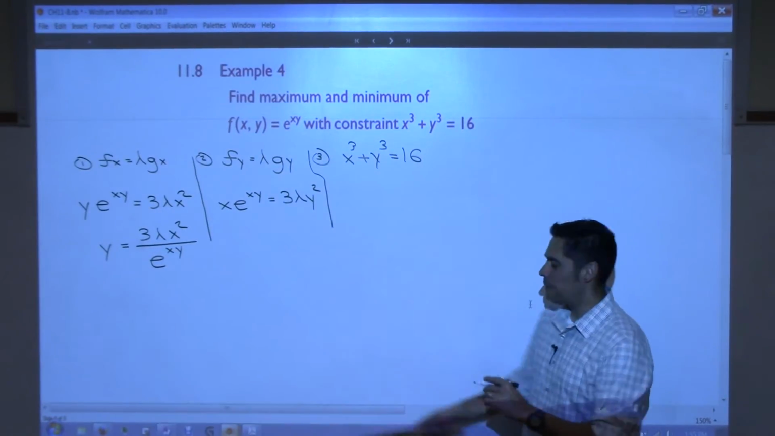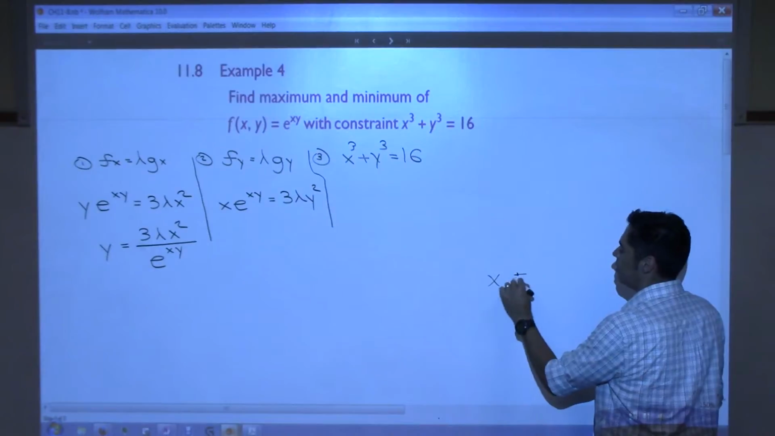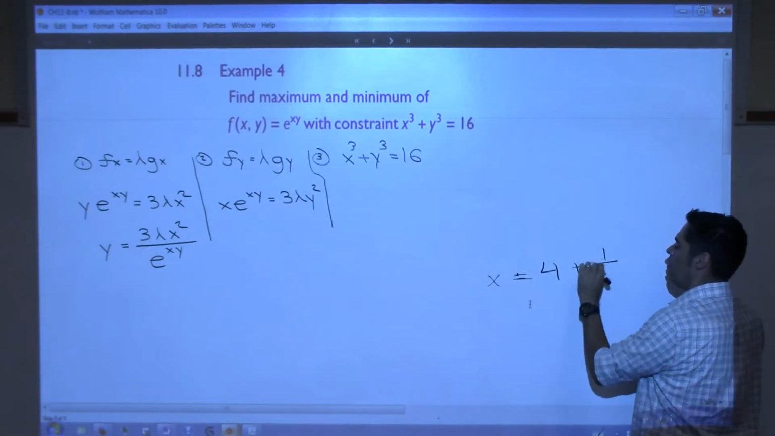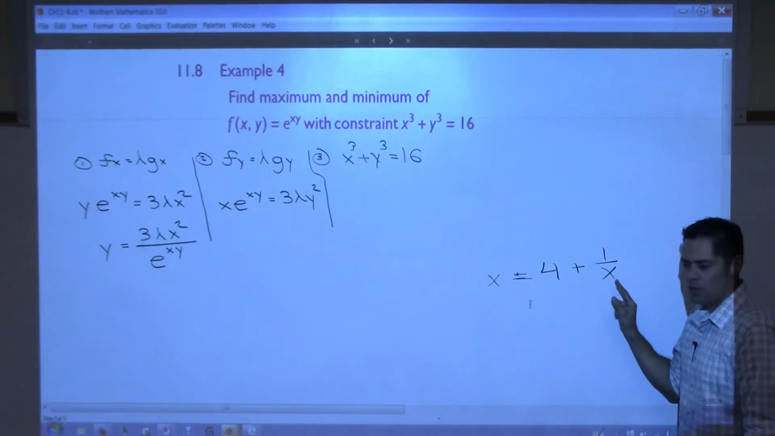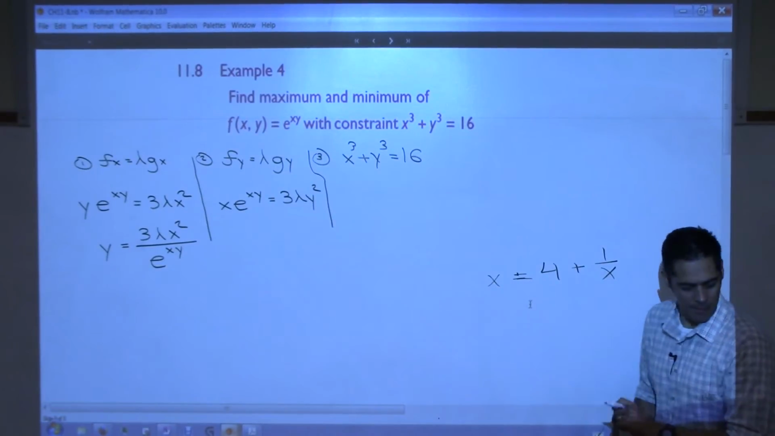Like if I have x equals 4 plus 1 over x. Have you solved for x? In order to know what x is, you have to know what x is, right? So,